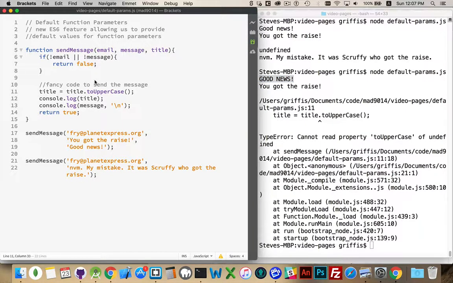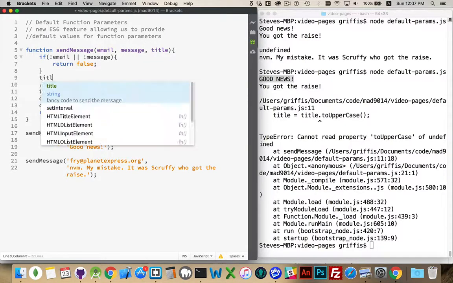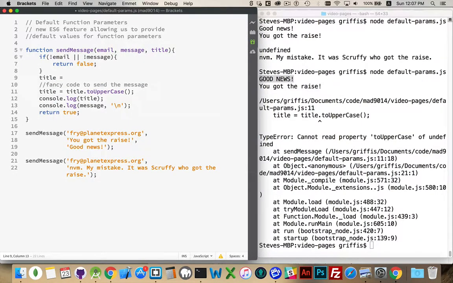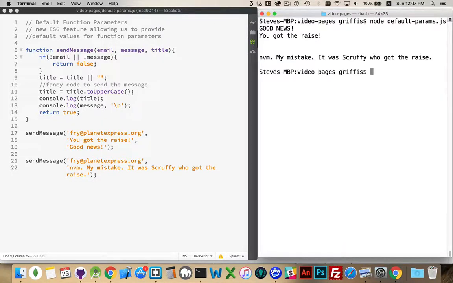Now we could, inside of our code, do something like this. Title equals title or empty string. That's going to solve my problem. There we go. Just blank. It takes an empty string. This is a string. Strings can be converted to uppercase. Not a problem. However, it did require me to write this extra line of code where I was testing to see what the